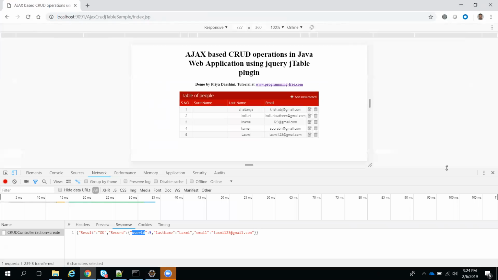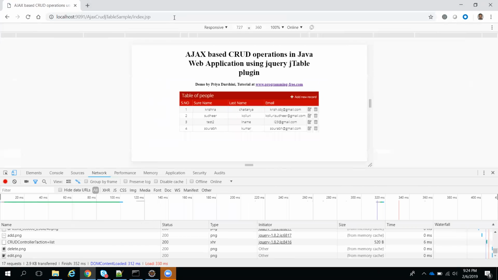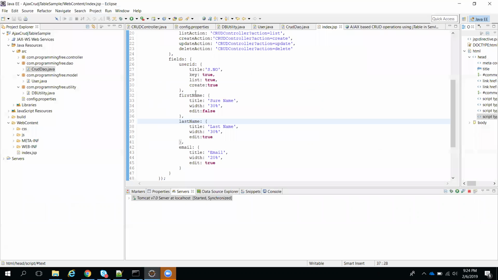Okay, so I will show you now. Open this one. This data should exist in your database. How many records do we have? 5 records. And okay, this surname is still showing, which means we are not refreshing the UI, I think. Yes, now it is coming. Krishna, Sudhir, Saurabh.